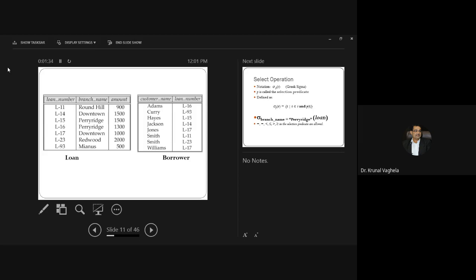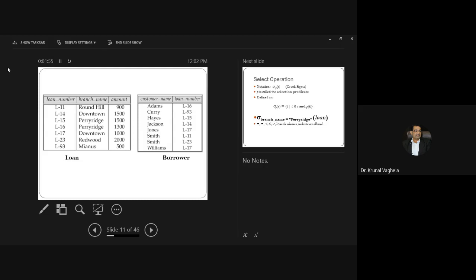Here you have branch related information and loan related information. Can you have any information related to names in the loan table? No. So branch information is in loan and name information is in borrower.